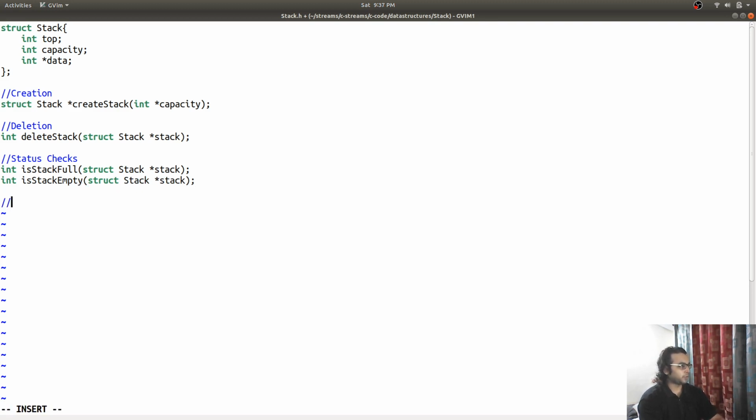So next we are going to create the modification functions. Push is going to ask for a structure, a memory block. When I say structure, imagine that I am talking about a memory block.